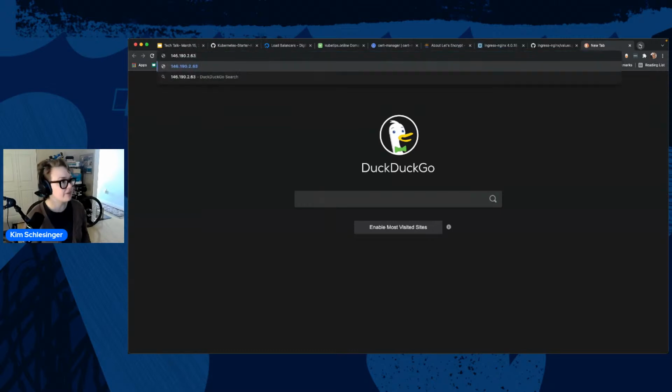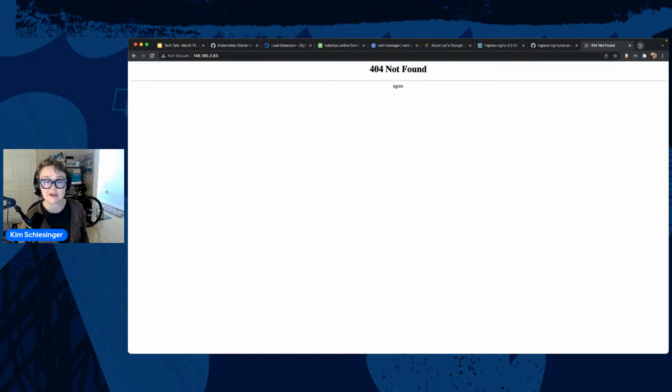DigitalOcean is managing that. I've got this public IP address. And if I put that address in my browser, this is great news. I'm getting the 404 page from NGINX. So I have this web server up and running. And when I go to that public IP address, something's happening with NGINX. And so what I want to do now is make this IP address work for me.